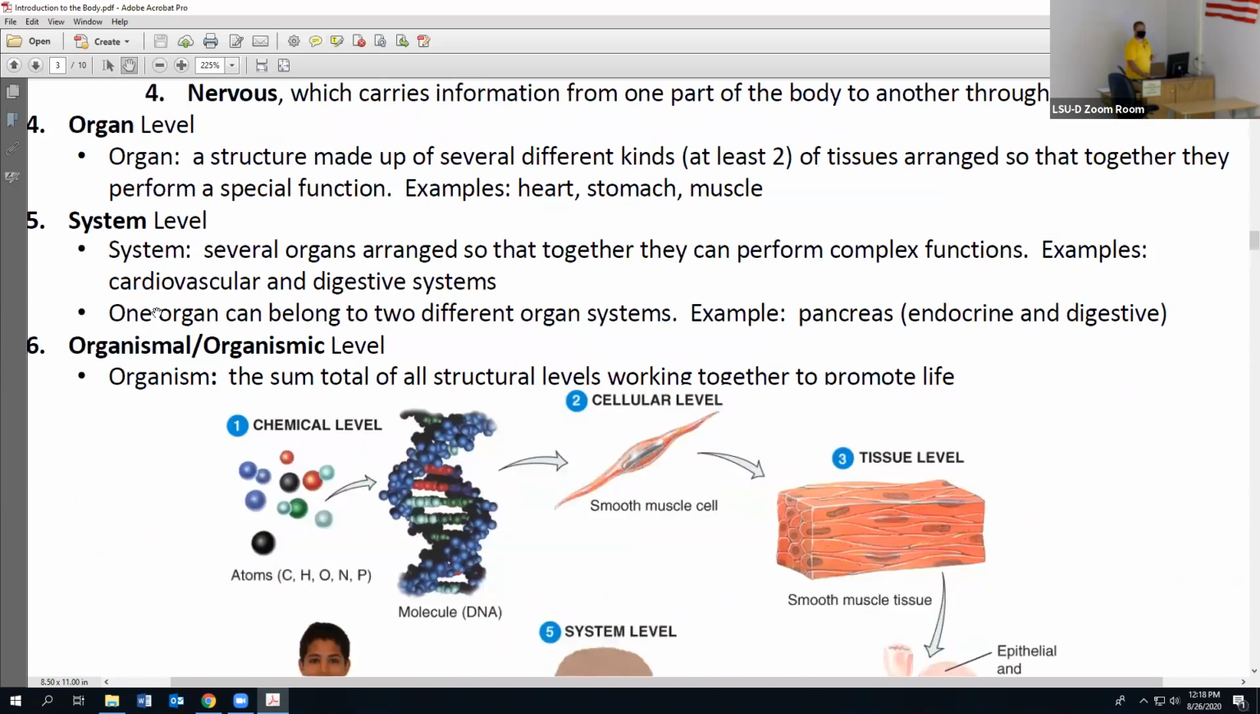You can take at least 2 of those, and you can build organs, like that brain I just mentioned, like our stomach that I've mentioned. And now we're at the organ level. And organ,